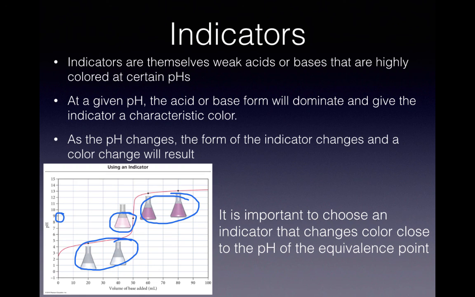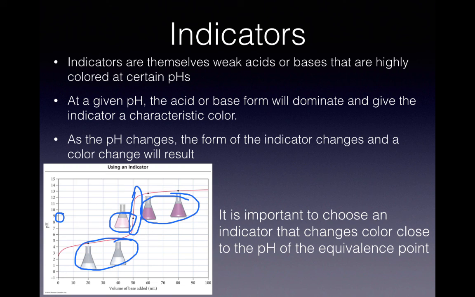However, you'll notice because of this rapid rise in the titration curve, that there's a very small volume change that takes place in this region in here. And so there may be just a small amount of error introduced into the volume, but it's so small that we don't really worry about it. So we go through a very wide range of pH change in going from the acidic form to the basic form, but we do it in a very small volume. So that allows us to use this indicator, even though it changes at a pH between 8 and 9,